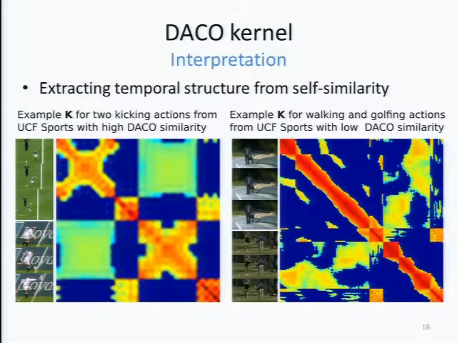Let's take HOG features on them and compare HOG features. Computer vision view of things. It works really well. And here, basically, what we show is that this is related to the autocorrelation operator of the time series. So it provides some mathematical background to the self-similarity matrices. And for different actions, you see it's much less structured.